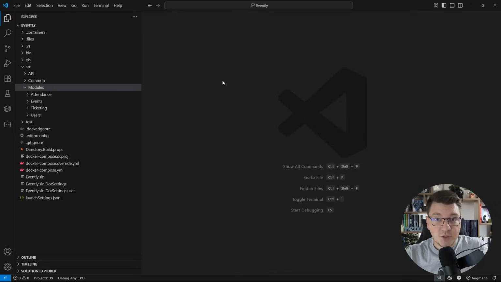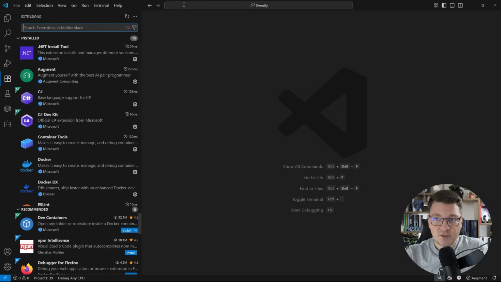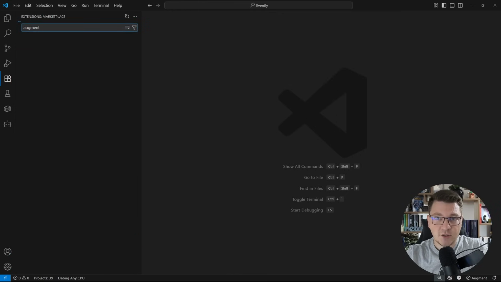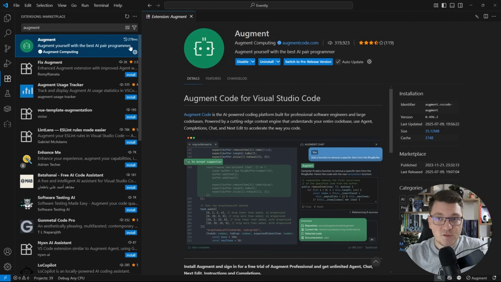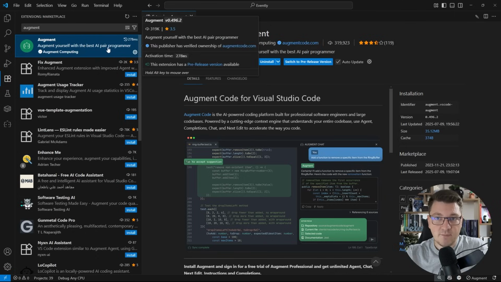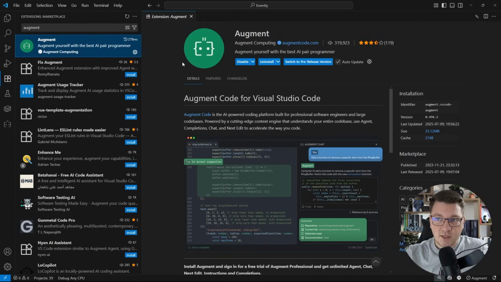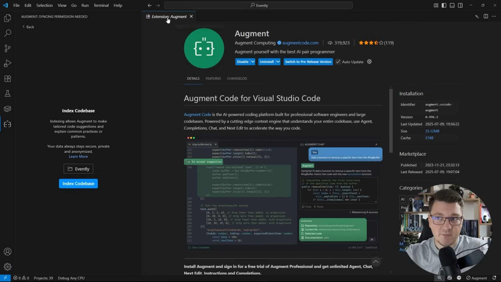Now, how do you get started with Augment Code? Well, it's available as an extension. So if you go to extensions in your VS Code instance and you search the extension marketplace for Augment, you're going to see the Augment Code extension show up as the top choice. From here, you can install Augment Code, authenticate with your user account, and then you can start using it inside of your codebase. Since I already installed it, it's going to show up as another option in my sidebar,